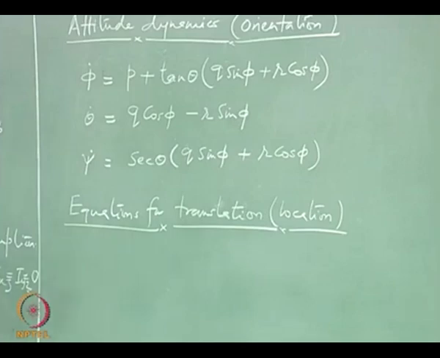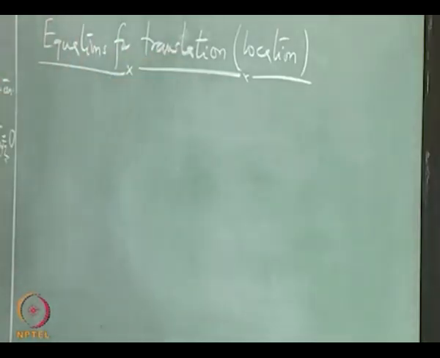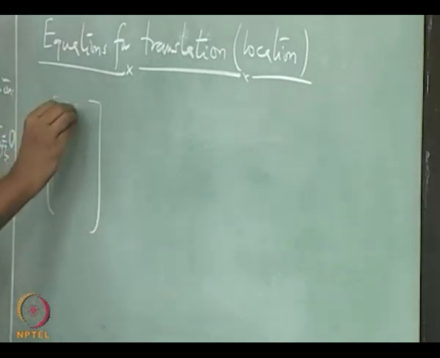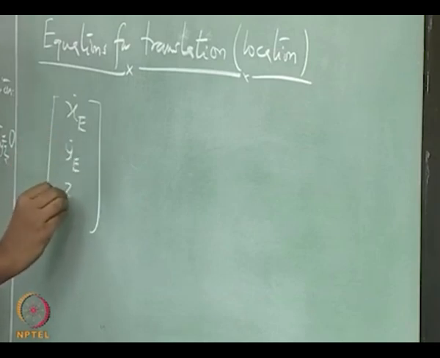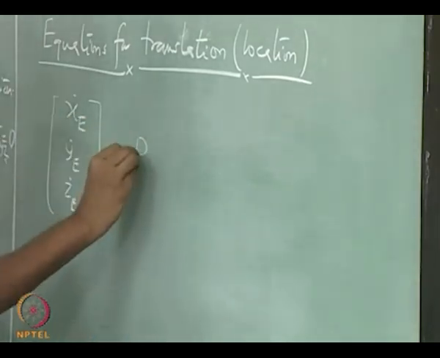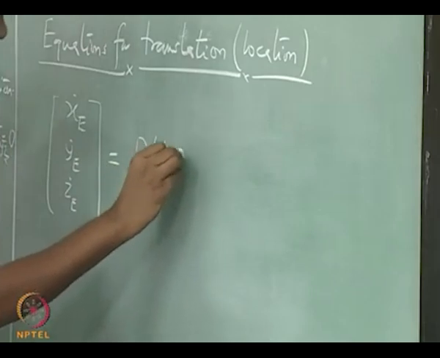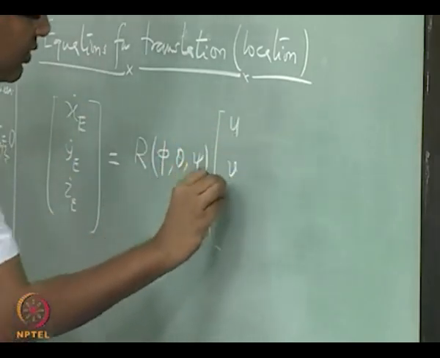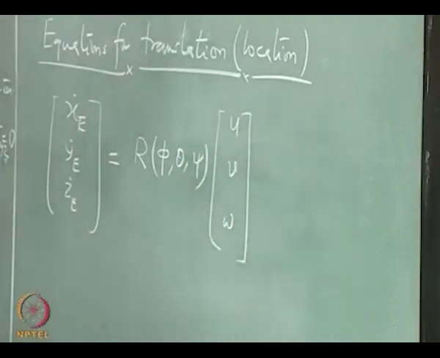Equations for finding out the location of the aircraft with respect to the inertial frame of reference. Are these, right. So now you have 12 equations, and